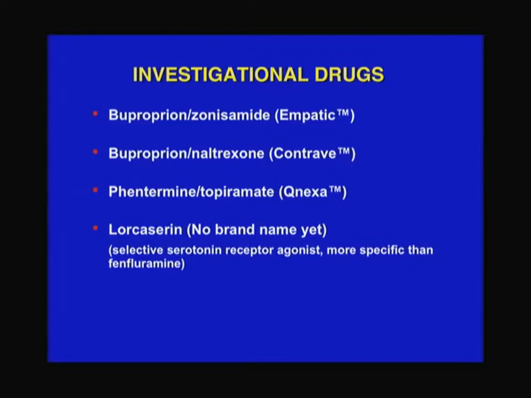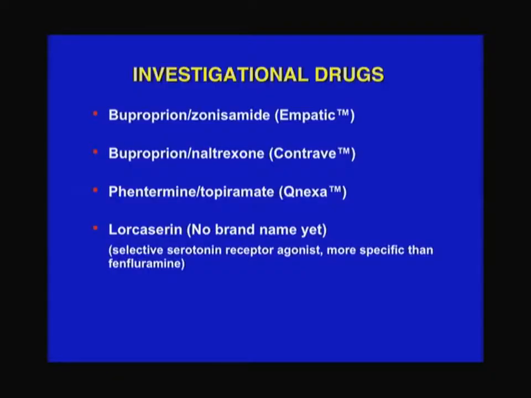So bupropion is Wellbutrin that we use for smoking cessation and depression. So that's a pretty safe, effective drug. Zonisamide is an anti-epileptic that is associated with some weight loss in some people. And so that is one combination. Bupropion here with naltrexone, which inhibits urges associated with alcohol and opioids. And so the thinking is that maybe it will also help with the urges associated with binge eating and the pleasure that people get from eating. And again, our old friend phentermine, and here another anti-epileptic drug.